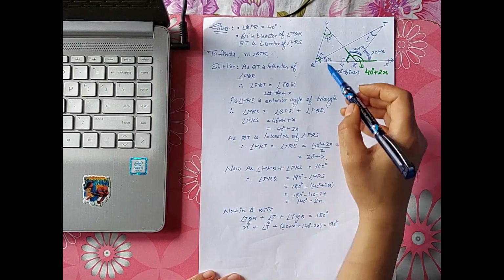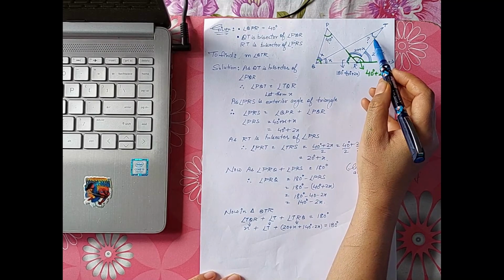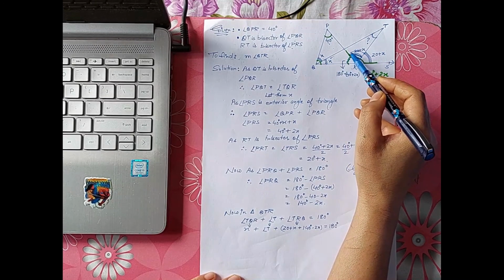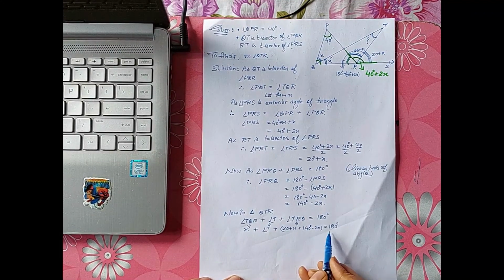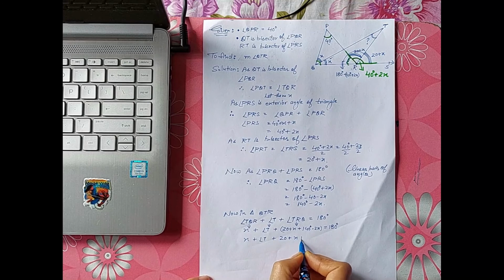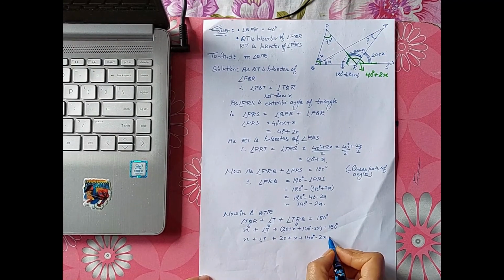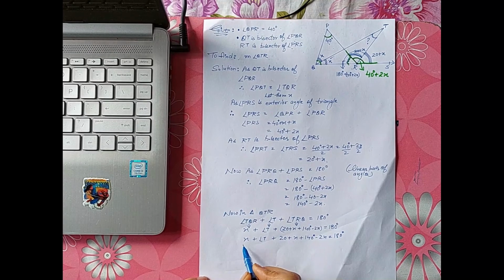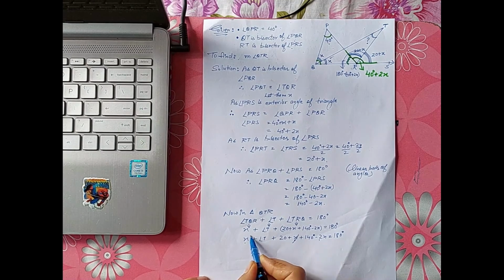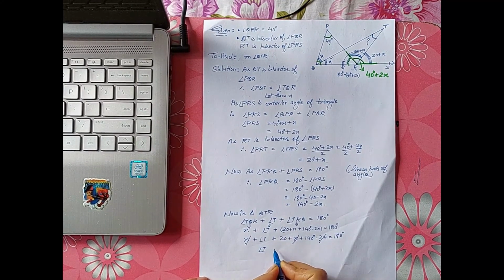Now here, what did I do? I used this triangle QTR, and I'm using the angle sum property that will include T, this angle here and this angle here. Now when I sort it out, this will look somewhat like this. And here, if you see, this is x, this is again x, that means 2x, and this is negative 2x. So these things will cancel. Here we will be left with angle T, and the resulting equation can now be sorted to find out the value of T. So just sort out the equation and find the value of T.